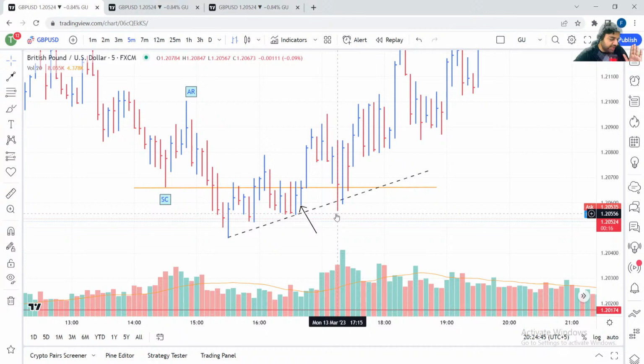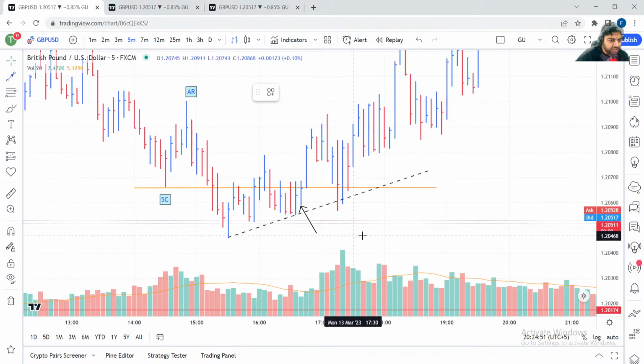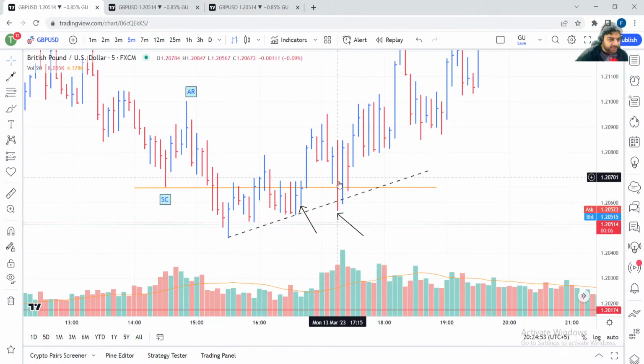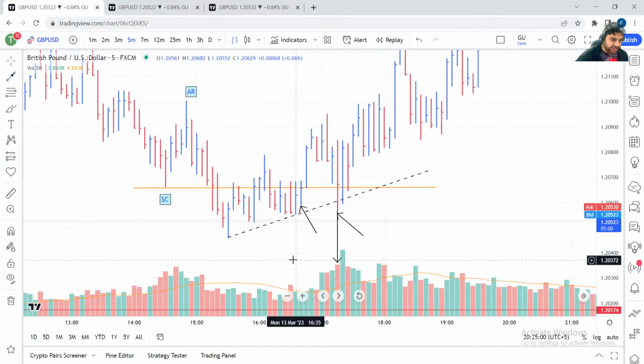But not the only thing, there are so many other things also, but this is oversold in the trend line, so another opportunity to buy. And what's this? This is bag holding, isn't it? Guys, if you take a look at the volumes, ultra high volume, it is a bag holding bar, isn't it? Yes, it's a bag holding. We will think about buying, right? What do you do on the bag holding bar? You will buy. That's it.